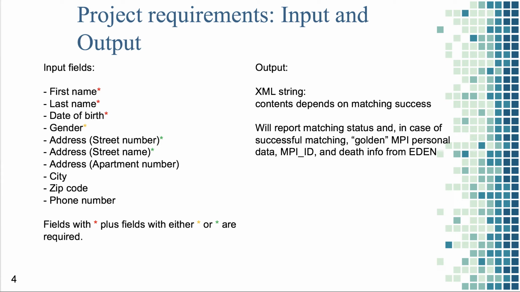The output should provide an XML string, the exact contents of which will depend on the outcome of the personal data matching process. At the minimum, it should have one populated field specifying the outcome of the matching. In case of successful match to a person in the DOHMPI, the MPI ID and personal data as they appear in DOHMPI should be populated. If the EDEN record